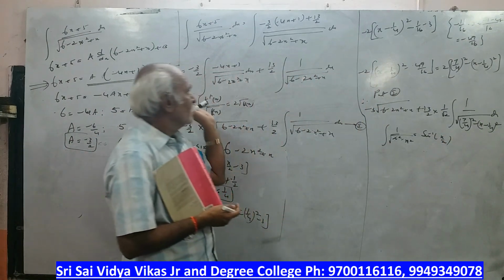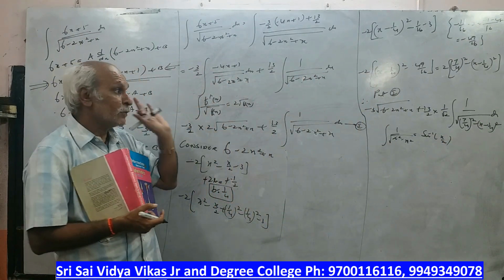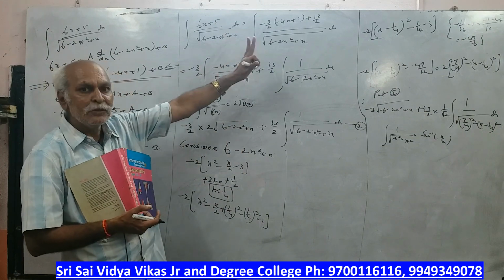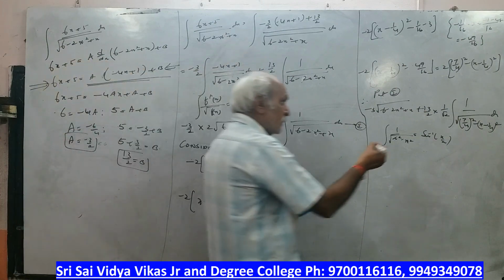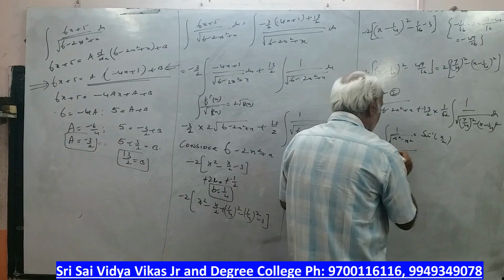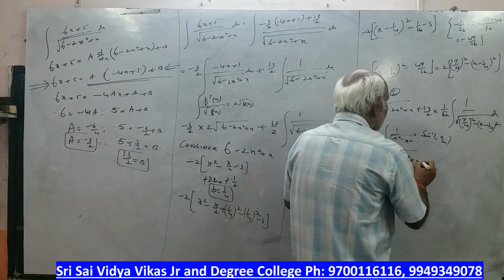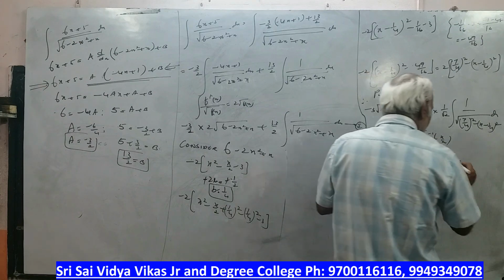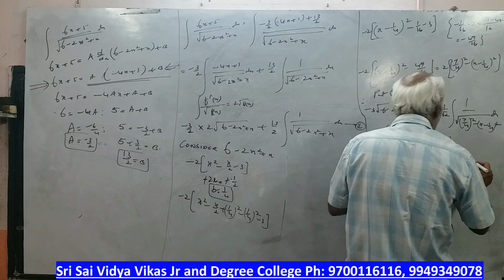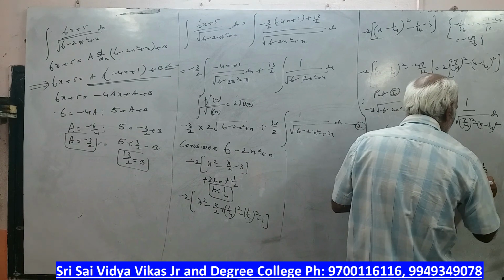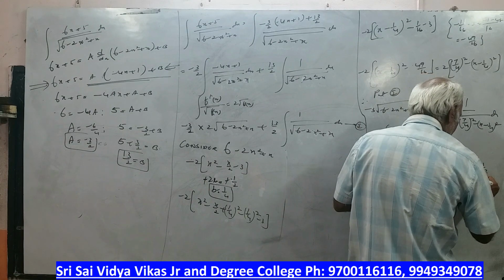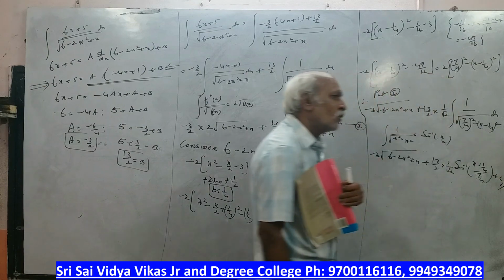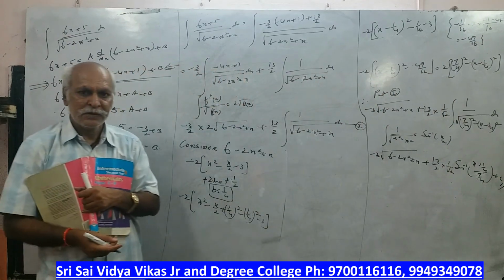Understand here? Procedure is, that's why it is 7 marks weightage, sir. Please practice them, sir. Here you have to take a value, b value, then simplification. So what will happen? Minus 3 into root of 6 plus x plus 13 by 2 into 1 by root 2 sin inverse x by a. x means x minus 1 by 4 over root 7 by 4, plus c. Okay, please note down this.